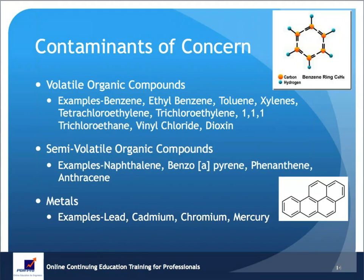So when we talk about contaminants of concern, we talk about various categories. The one that I have done probably most of my remediation work is in dealing with volatile organic compounds. Some examples, benzene, and you see in the upper right-hand corner, the benzene ring, and a lot of other aromatic contaminants have one or more benzene rings attached. Ethylbenzene, toluene, xylenes, and those are related to the light-end petroleum compounds, additives, but also I've dealt extensively with chlorinated